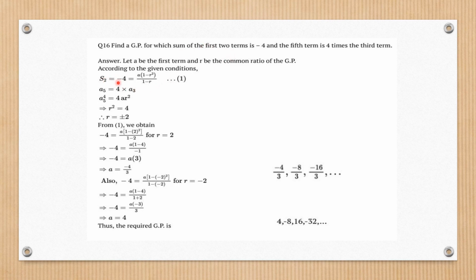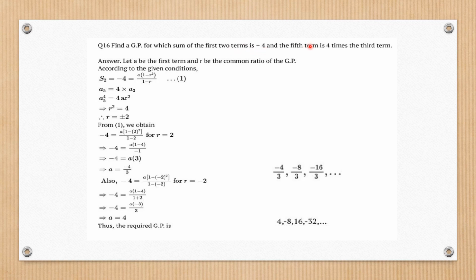So S2 means your n is 2. So I'll get the formula as, simply, when your ratio is not given and I have to apply the formula of Sn, we use the first one, with R less than 1. Generally we use that. The second one is only used in case R is given and it is greater than 1. So we will take this one, A(1 minus R square) upon (1 minus R) as minus 4. Is this clear? This is equation number 1.